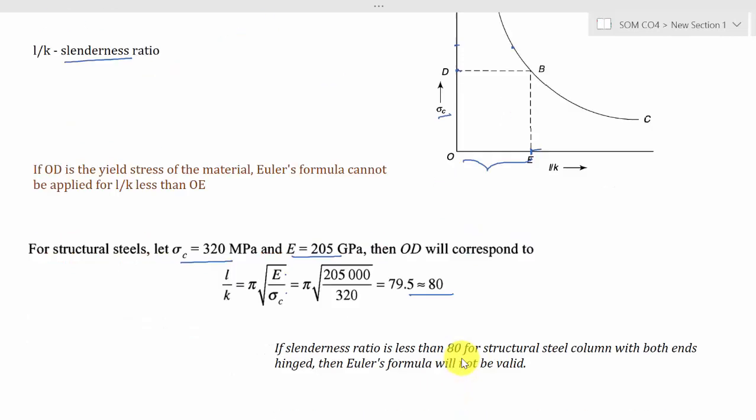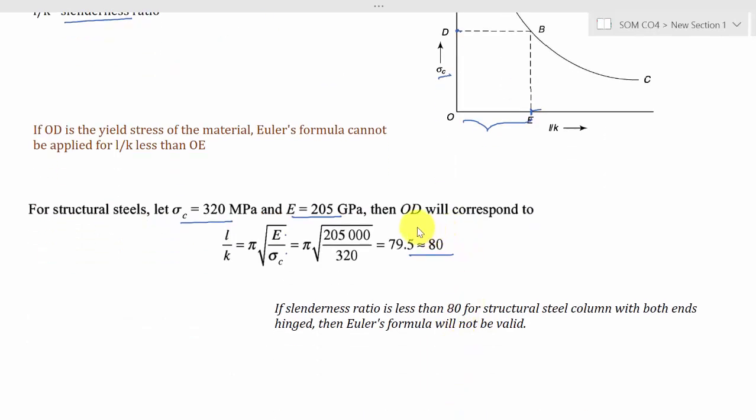So for structural steel, if the slenderness ratio is less than 80, then Euler's equation cannot be applied when both ends are hinged. It can be applied only if the slenderness ratio is greater than 80. So that is the main limitation of using